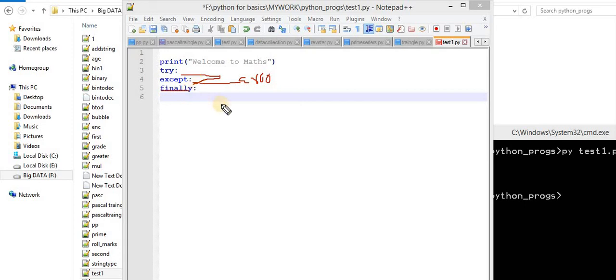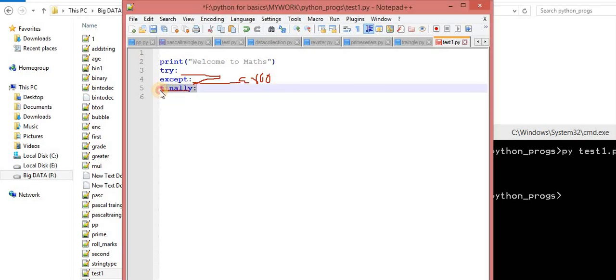Now listen carefully. Whether my program executed successfully or not, finally will always execute. Whatever the cases are, there are two conditions: one is normal termination and the second is abnormal termination.